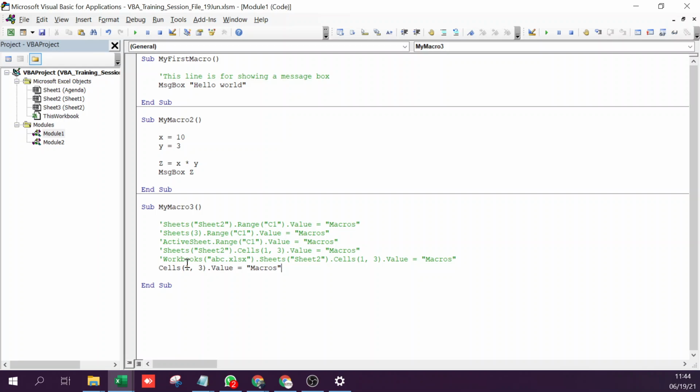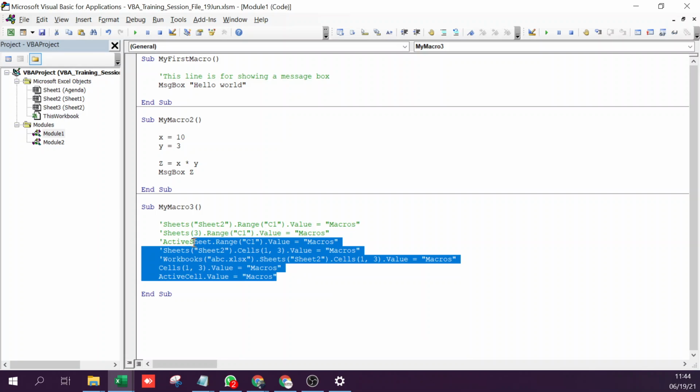Unless the code that you've written only works on one sheet and there's no other sheet that you have to ever consider, then you can write something like this as well. You can even write something like active cell dot value. Even this can be written. These are all variations, right? This is something that I follow. These are all variations that you should know.